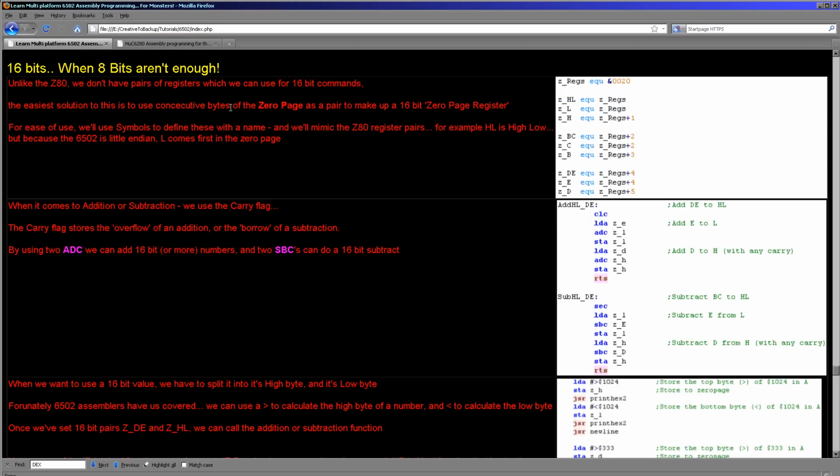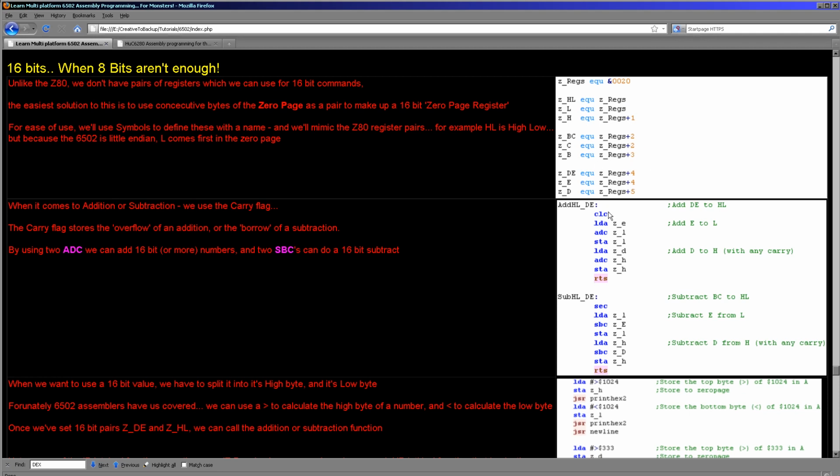So how can we add and subtract 16-bit numbers on a system that can't do 16 bits? Well, what we need to do is use some of these temporary 0-page addresses, and we can define those to be a 16-bit number, and then we can do an addition by adding the low part with the carry after clearing the carry, and then adding the high part with the carry. Now, if the low part overflowed, i.e. went over 255, the carry bit will be set. And so when we do this second add with carry, that will be added to the high part so that the high part is correct. So this will effectively add 2 16-bit numbers within these 0-page registers, so to speak,